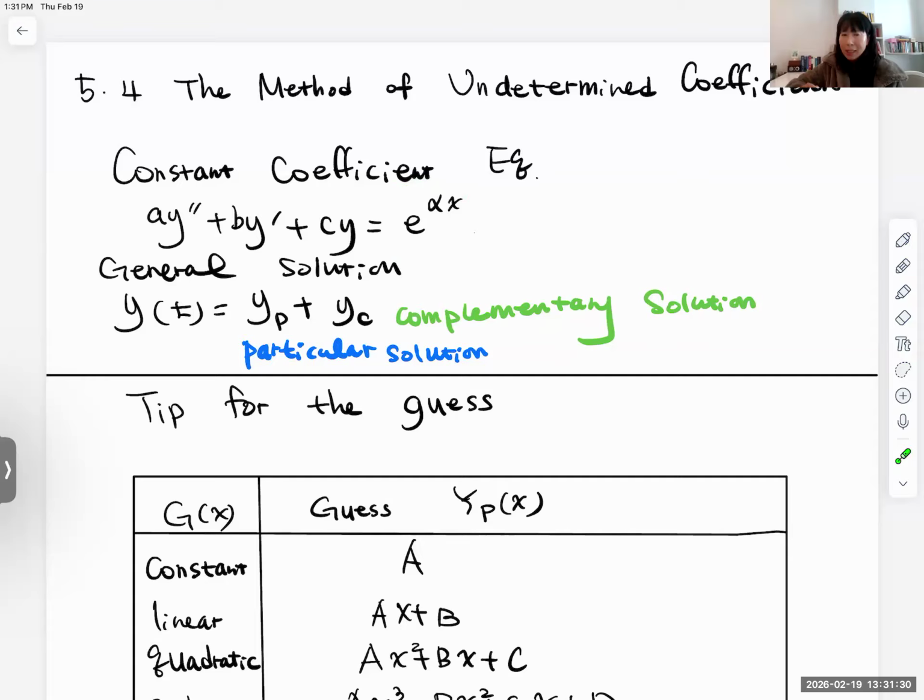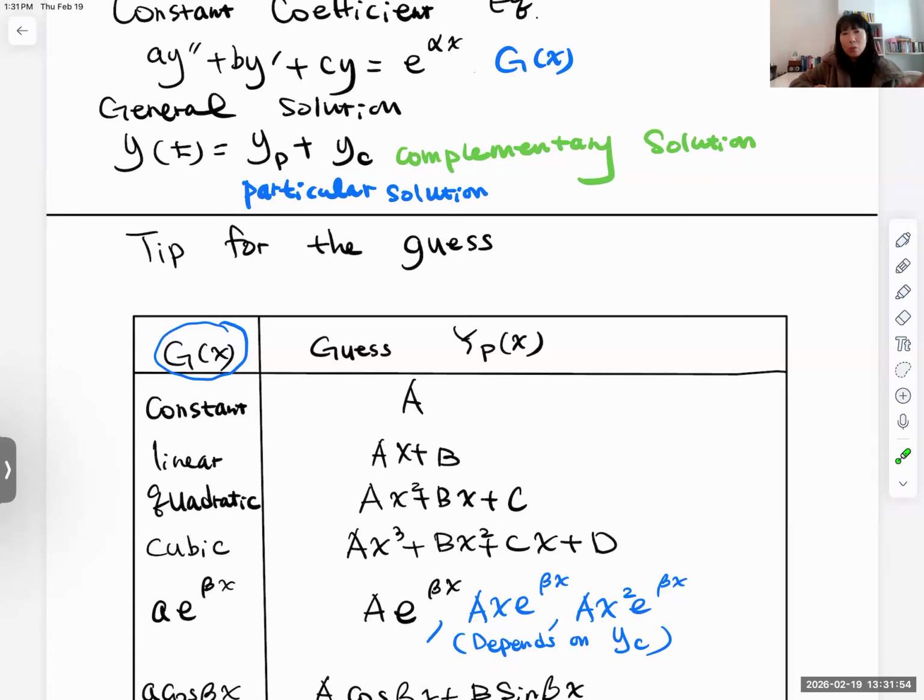So let's make that right-hand side g of x. Then we have a g of x here. For the right-hand side, we're going to make a guess. If we have a constant, that's constant A. And by the way,